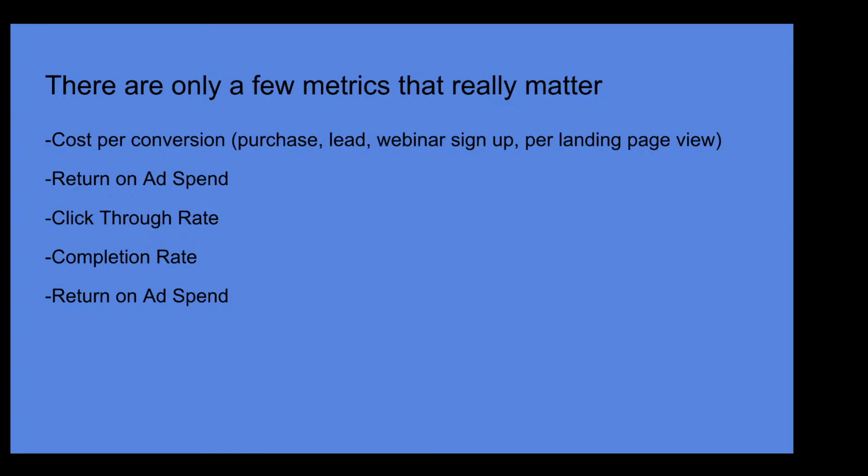You want to have a look at your return on ad spend, which is commonly known as ROAS, because if you've got one-time purchases, like say you sell an online training, you've got a product that is only going to be good for one-time use, then you want to really look at your return on ad spend metrics and try to keep that at the very least at 1.5, $1.50 earned for every dollar spent, but ideally you want to sort of have it at 2 to 3 and beyond,